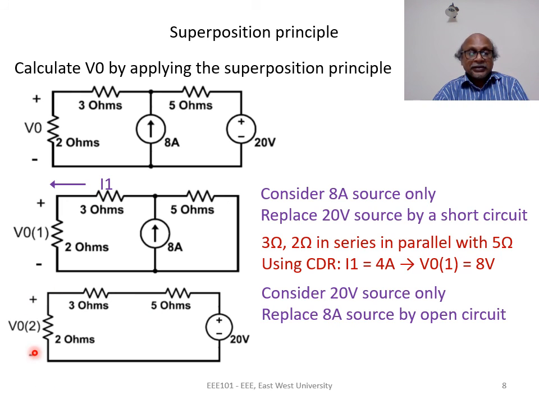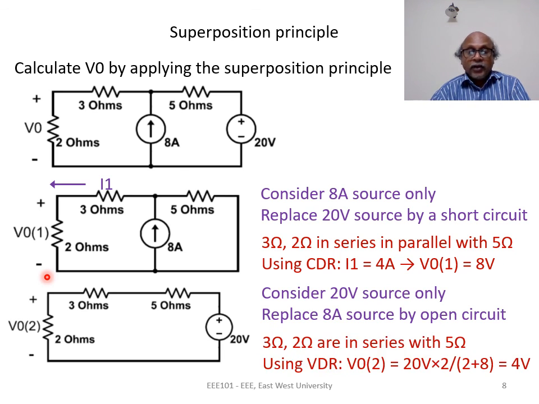All these resistances are in series and we are interested in the voltage across 2 ohms. This 5 ohms and 3 ohms can be combined in series to give a resistance of 8 ohms. We can use the voltage divider rule and calculate V02 is equal to 4 ohms,